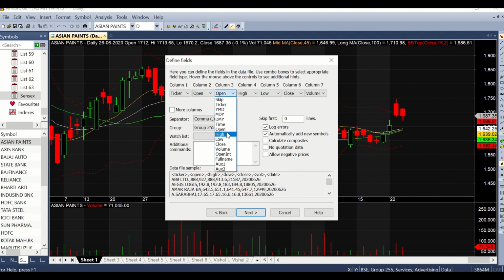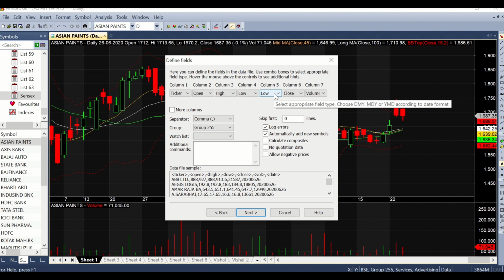Column 3 has high, we need to select high. Column 4 has low, we need to select low. Column 5 has close, we need to select close. Column 6 has volume, we need to select volume. Column 7 has date, we need to select date in the correct format, which is YMD. Once we have selected all the